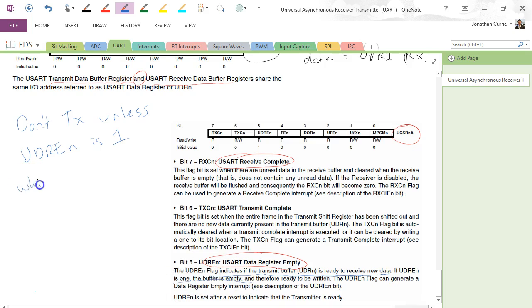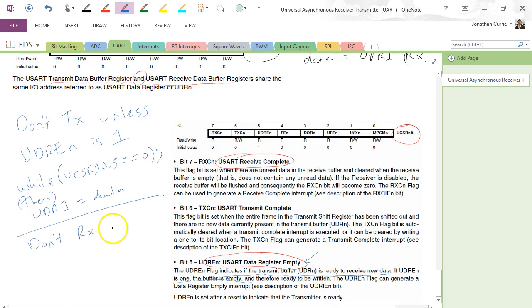So while UCSR1A dot 5 equals 0, wait, then UDR1 equals the data. Okay? So before you can send data, you must check to see that this is empty,